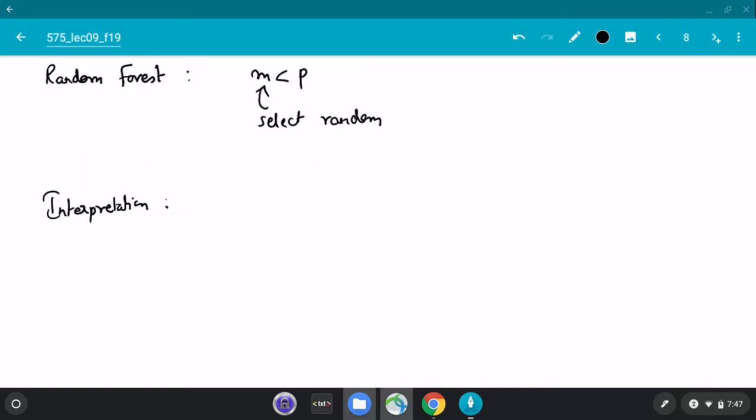So I'm going to use this symbol I_l squared as the score for the health variable. There are p variables, so for the health variable I'll have a number. That number is just the average of